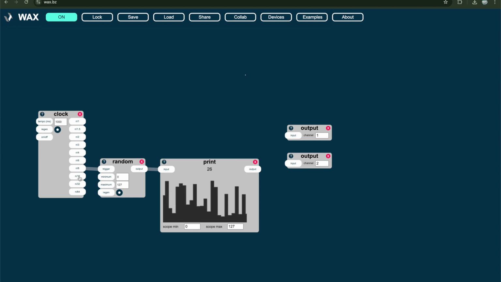Also, just to note that if you connect 2 different connections to the same inlet, they just add together. So this should be both of them. And if I add another one,